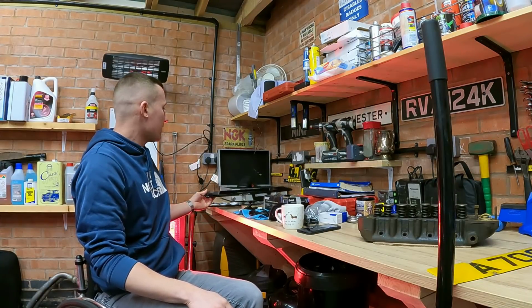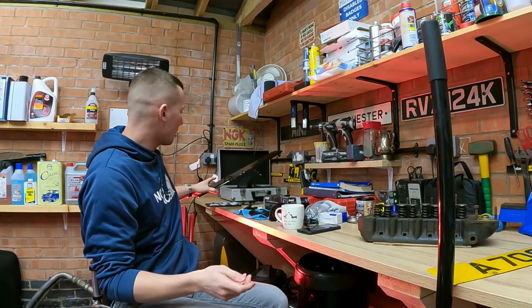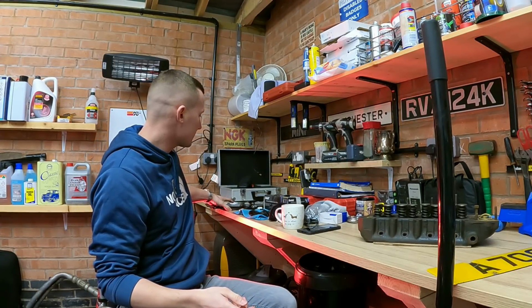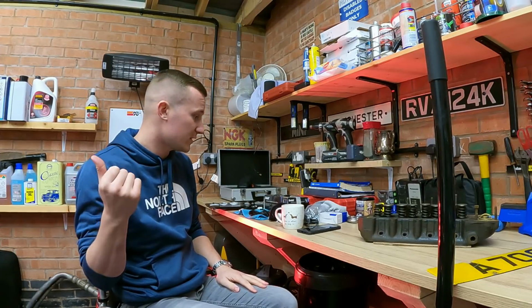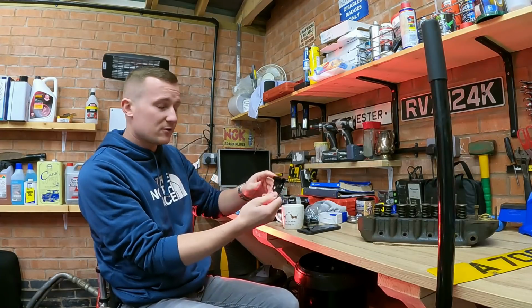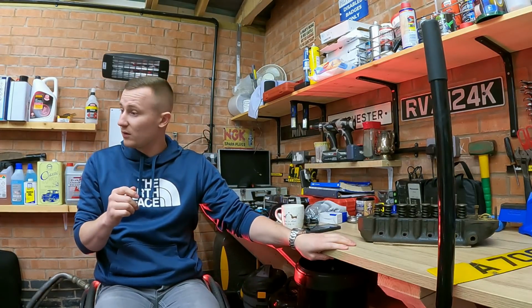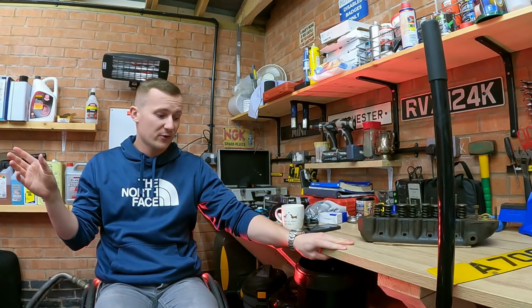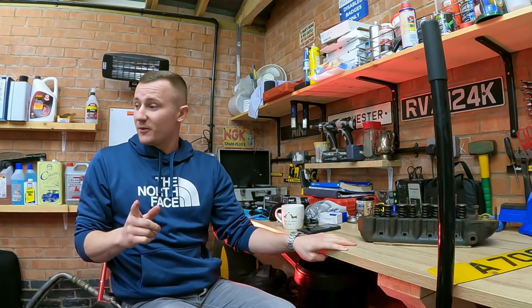Also, I've got my bits back from the powder coater to do the boot on the Cooper S and get that all sorted out. Just waiting for a few of the bits I need before I can finish that job off. Like I said, I've had all the brackets and stuff done, and I've got all new screws and stuff. So once that's all ready to go on, I'll be cracking on with that. And yeah, that's pretty much it for the bench. So right,